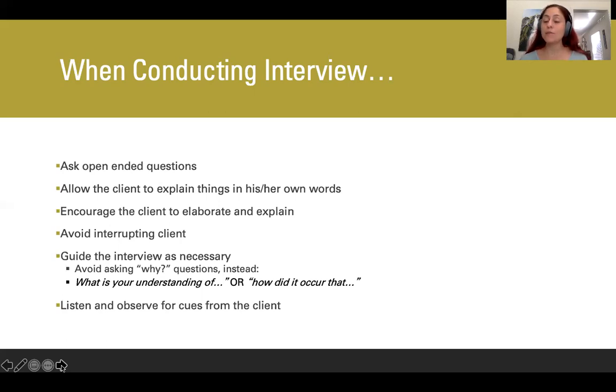Then when the client gives you some information, like they say, I've been really struggling at school, for example, you then use follow-up questions to get more elaboration and more explanation. So, could you tell me more about the problems you say you're having at school? You want to let the client be free-flowing in their sharing of information so that it feels like a natural conversation as opposed to an interrogation. Instead of saying, okay, tell me about school. Okay, tell me about this. Okay, tell me about that. You want to kind of be led by the client and go in the direction that they're going.